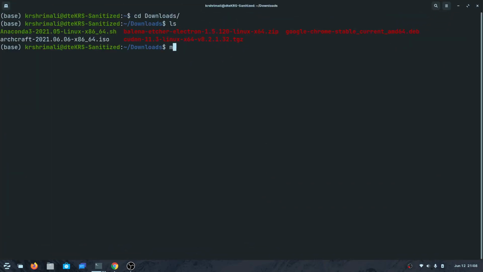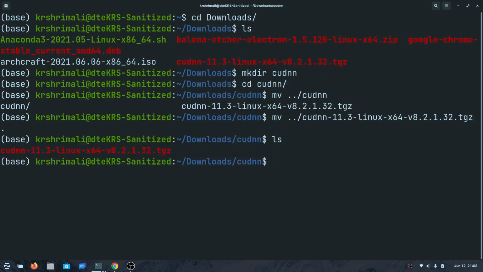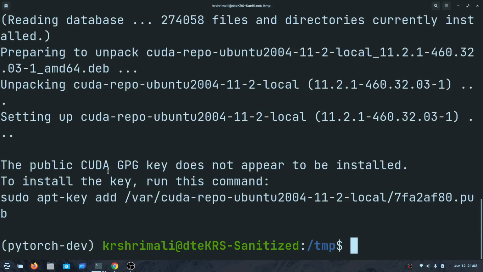So you can go to downloads, and usually I prefer to have a cuDNN folder. Let's just keep it cuDNN, right? And I prefer copying the downloaded cuDNN file over here, so that everything that is extracted is extracted over here only. So all you have to do is just tar -xvzf, v for verbose, and zf are all the flags that we need to unzip this thing, not unzip but extract. As you can see, all these files will be extracted to this current folder, and that is good. So we are good to go.